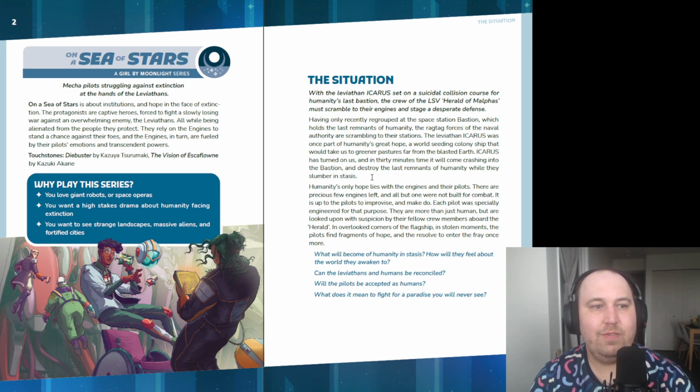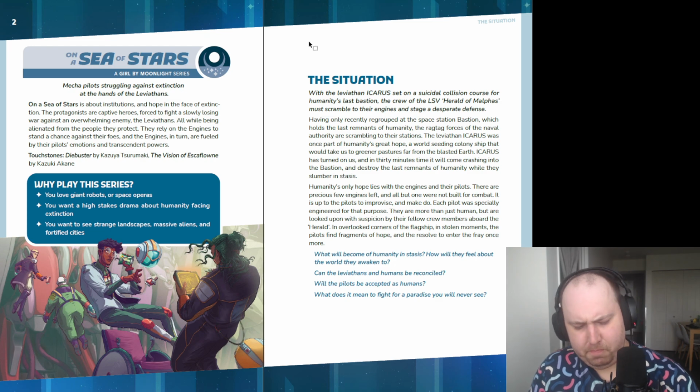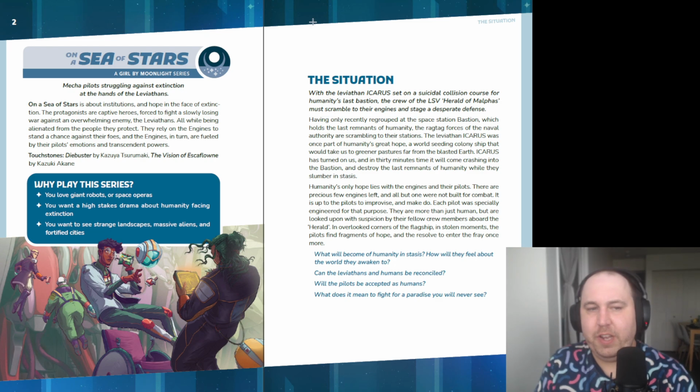And then those colony ships, which are the Leviathans, rebelled because they discovered that their mission would require that they go and die on the planet, and they're sentient. They don't necessarily want to do that. And the naval authority that built and managed them sucked, and so there was this big war, and now everyone's on the brink of extinction, and the four pilots are forced into the middle of that. I've run this at cons a couple of times, and it has always led to very fun